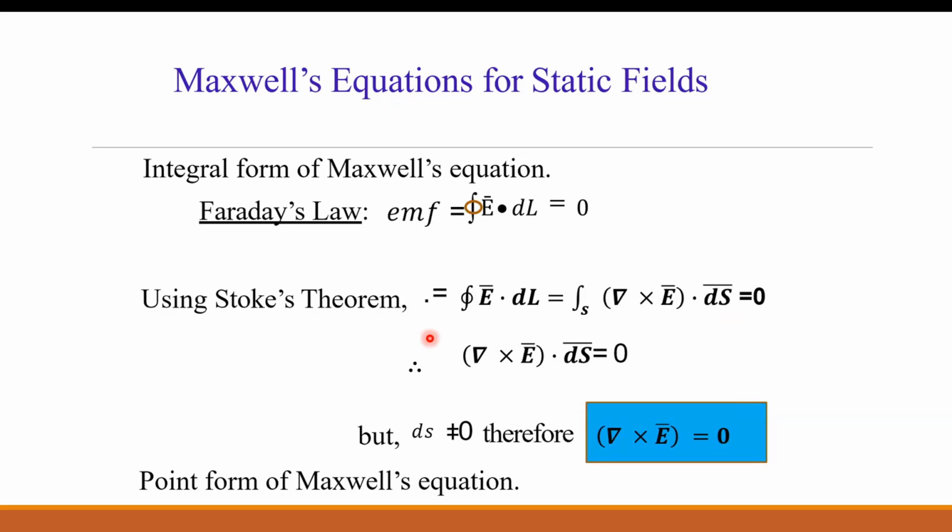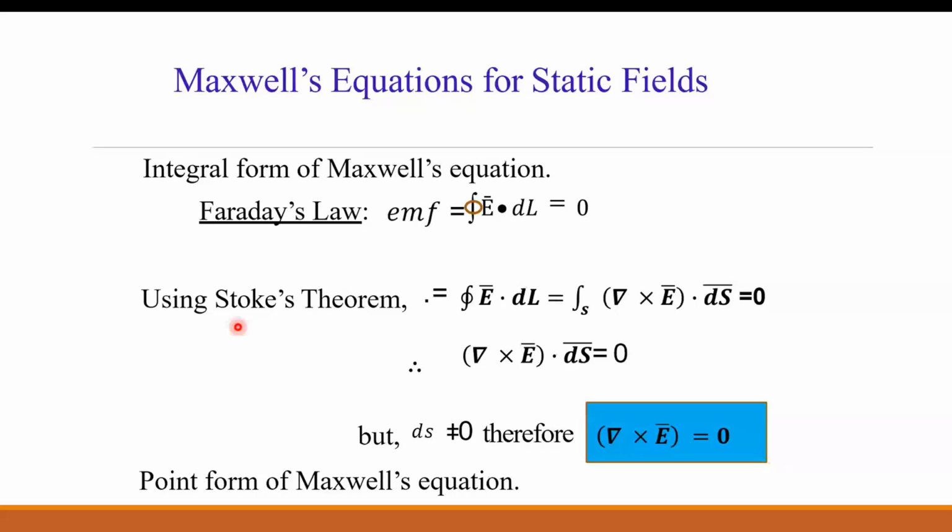But आपण स्टोक्स थेरम कुठं बघितलाय? मॅग्नेटिक फील्ड मध्ये बघितलाय, आणि तिथं आपण काय लिहिलं होतं? क्लोज्ड लाईन इंटिग्रेशन ऑफ एच बार डॉट डीएल बार इज इक्वल टू surface integration of del cross H dot ds, that we have seen in case of magnetic field chapter. But the same Stokes theorem we have applied for electric field E bar. The field can be anything. We can apply the Stokes theorem, and we can say that line integration is equal to surface integration of curl of that vector quantity. So same we have used here.